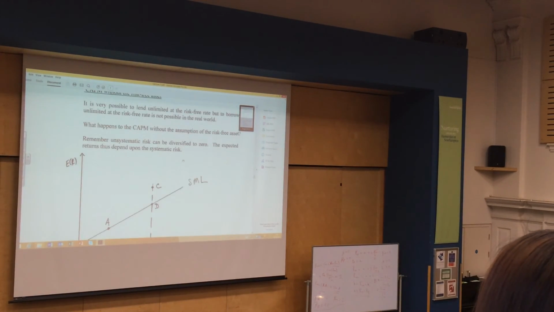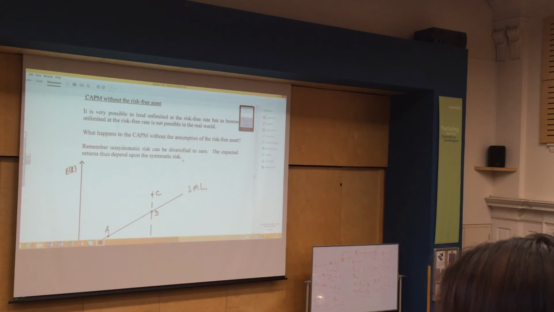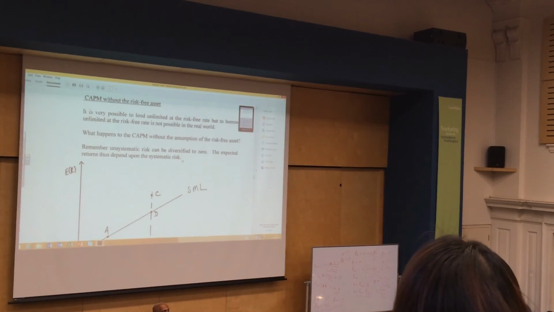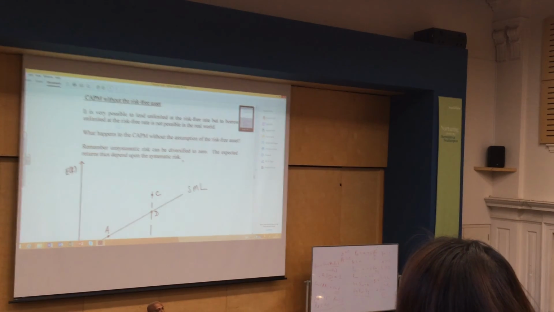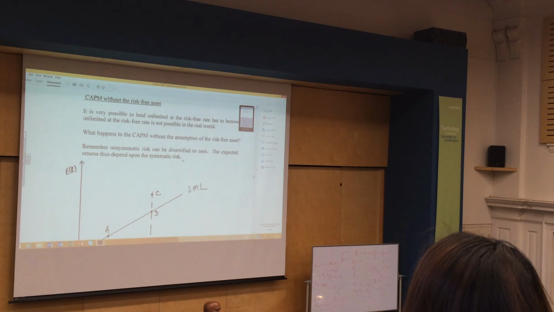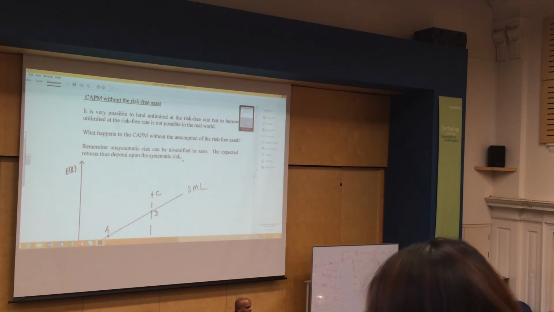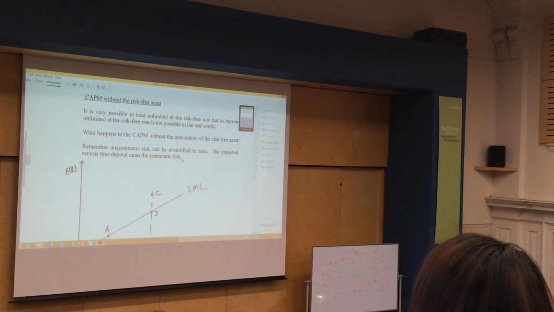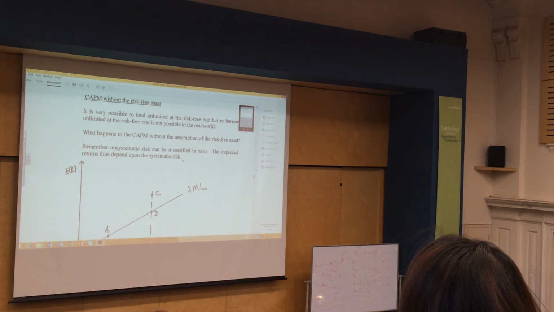Now, some people came along and said, wait a minute, time out. This risk-free asset makes no sense. That's a myth. Show us CAPM without the risk-free asset. And I've asked this many times in the exam: is it possible to show CAPM without the risk-free asset, or is the risk-free asset essential? So we are removing one of the assumptions. One of the assumptions of the CAPM is the presence of a risk-free asset.